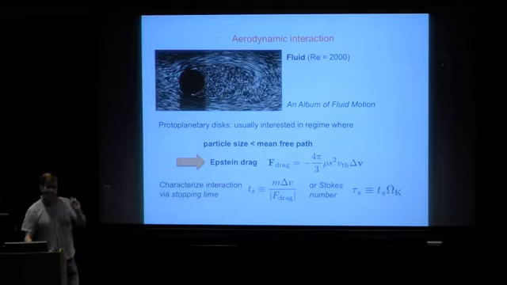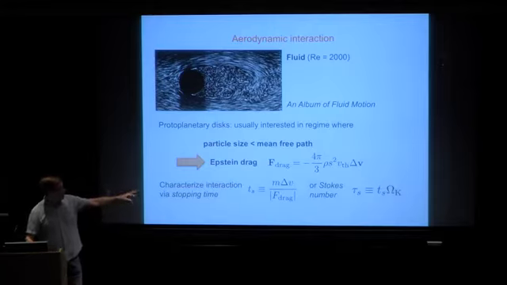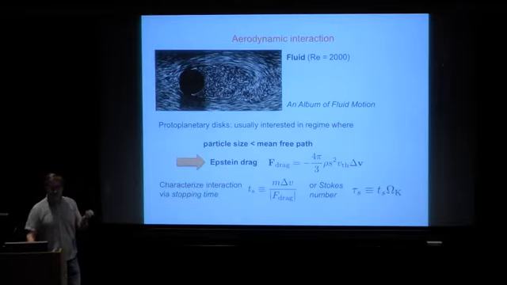So suppose you have a particle moving at delta V with mass m relative to the gas, so its momentum in that relative motion is m delta V. Divide that by the drag force, you get a time scale. And what's nice here is that in this regime, the delta V just cancels out. So this stopping time, Ts, is really just a property of the particle,